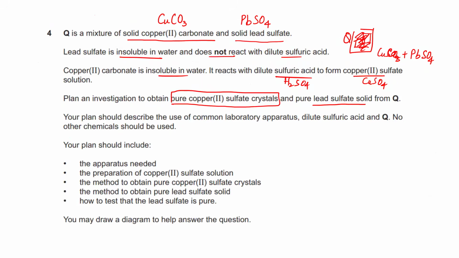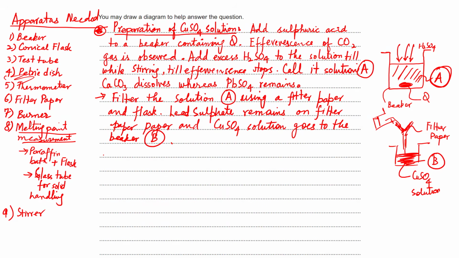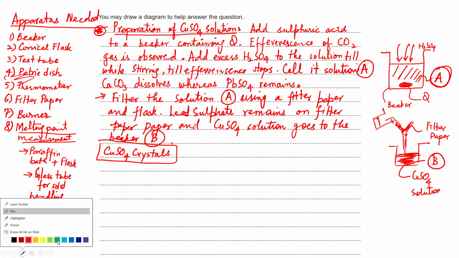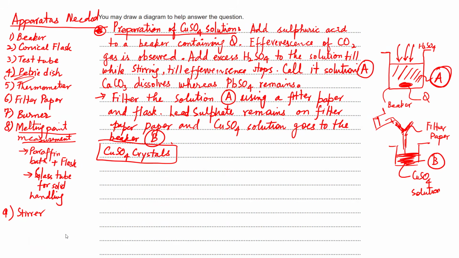Then part B, so we have now prepared this method to obtain pure copper sulfate crystals. Okay. Part B is copper sulfate crystals. So I have to prepare the copper sulfate crystals. So first of all,